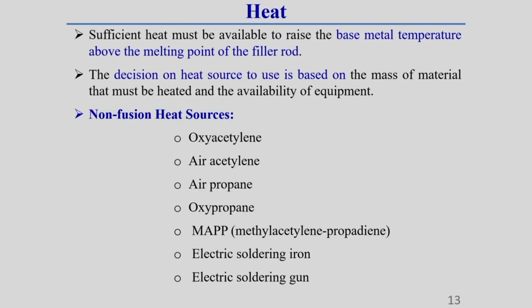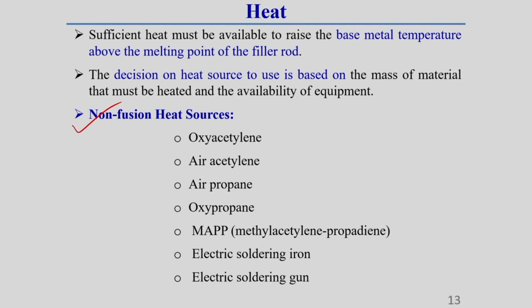Now, this heat. During the brazing process we know that heating is the most important part. That is why different types of heat sources are generally used in brazing operation. Like some of the heating processes here I am just showing, this heating process can be non-fusion type of heat source, which are